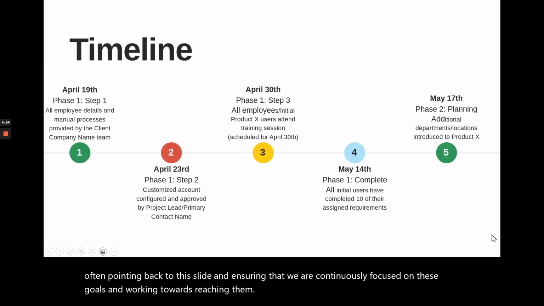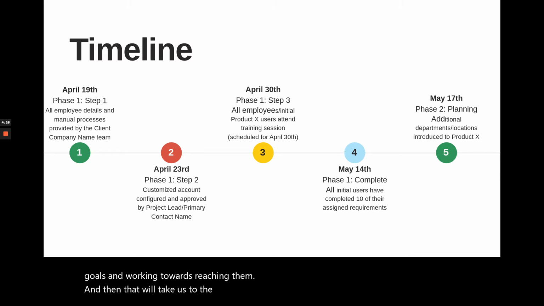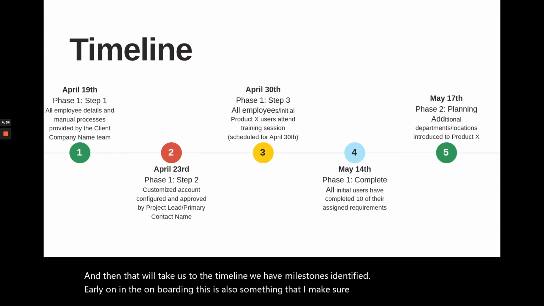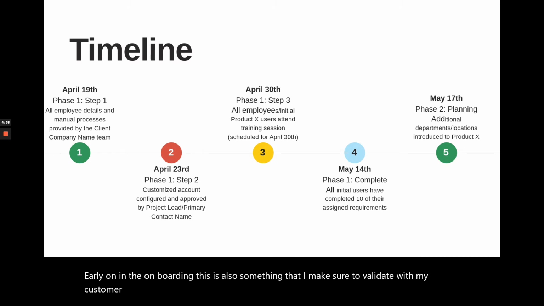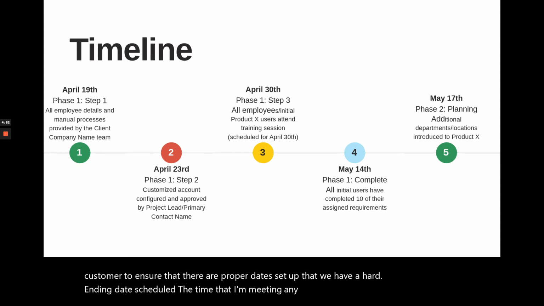And then that'll take us to the timeline. We have milestones identified. Early on in the onboarding, this is also something that I make sure to validate with my customer to ensure that there are proper dates set up, that we have a firm ending date scheduled, that I'm meeting any requirements that they have, and also that it's